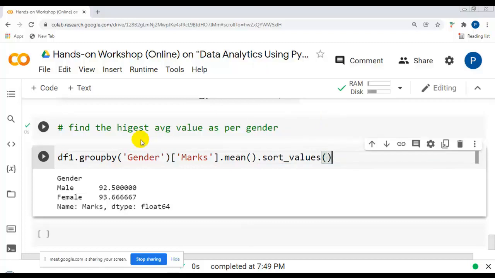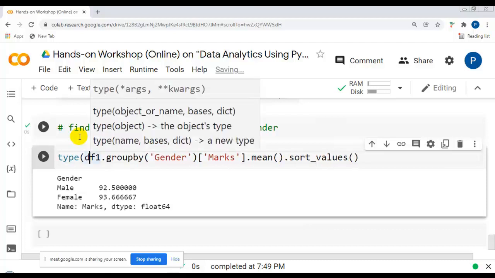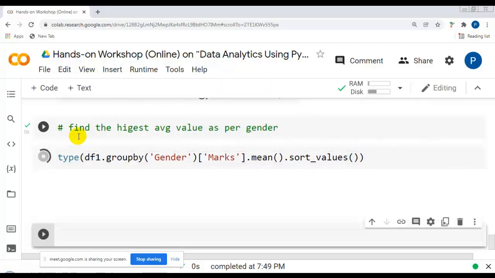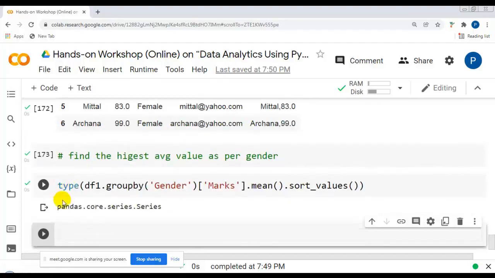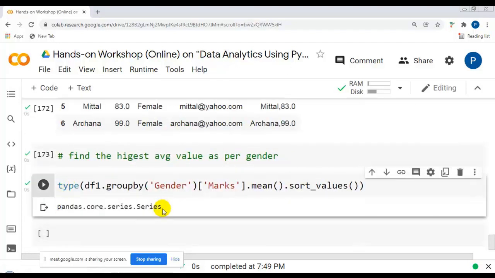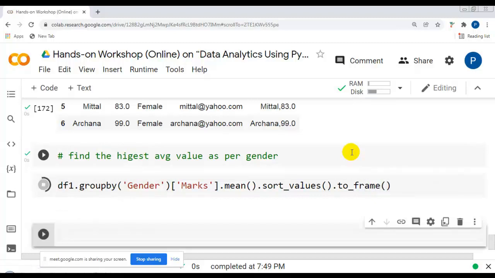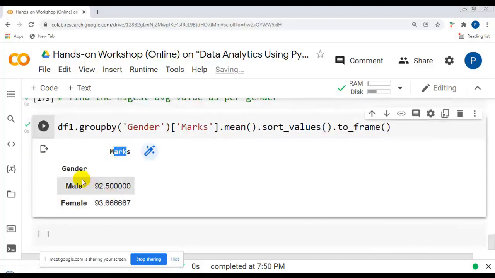That you know. And if I check the type of it, what is it returning? You can see it is a pandas series. It is not a pandas data frame. We require a pandas data frame so we can visualize it. So let me try to_frame. I'm not sure whether it is working or not, but let me try. This is gender and marks.